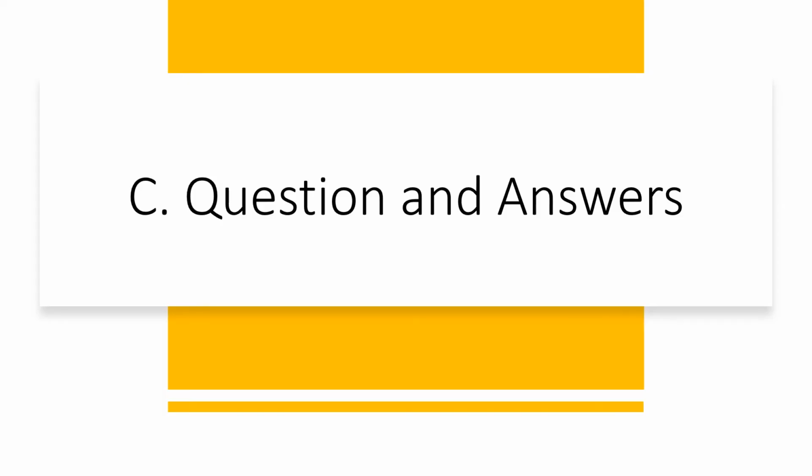Now students, let's move on to exercise C, question and answers. This we will do in our copy. So close your books now and open your copy. Make sure that you make the index page like we have done for chapters 1 and 2. Make your index page and then open a new page next to the title page. I hope you all have made the title page for this chapter.